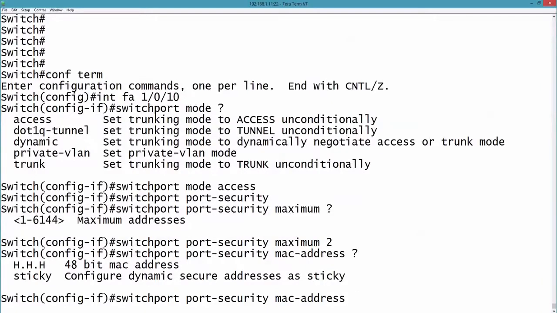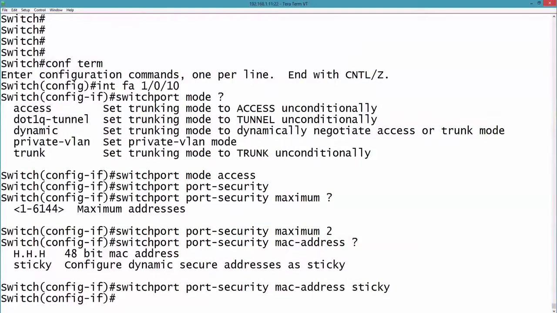As you can see, this solution doesn't scale terribly well. If we had to manage many Ethernet ports in a large enterprise, it would be tedious to have to enter each individual MAC address on each port. What we could do instead is use what is called sticky learning. Sticky learning says that we're dynamically going to learn the MAC addresses. We'll learn the first 2 MAC addresses that we see off of a particular port, and they will be the 2 permitted MAC addresses. To set that up, we say switchport port-security mac-address